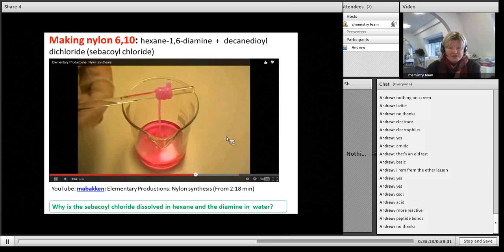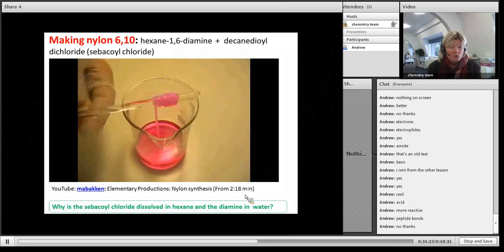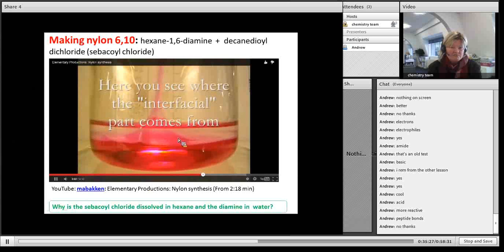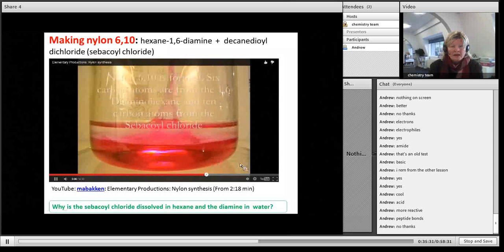Okay, so remember, diamine is very soluble in water. You don't want to put an acyl chloride into water, so you dissolve it in hexane first. And if you just add it directly, you would get a real mess. Okay,